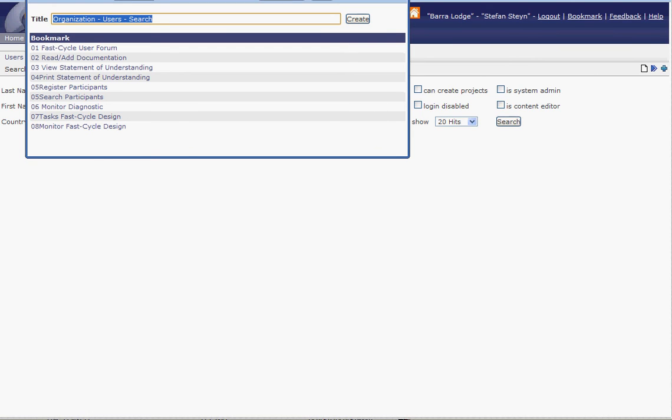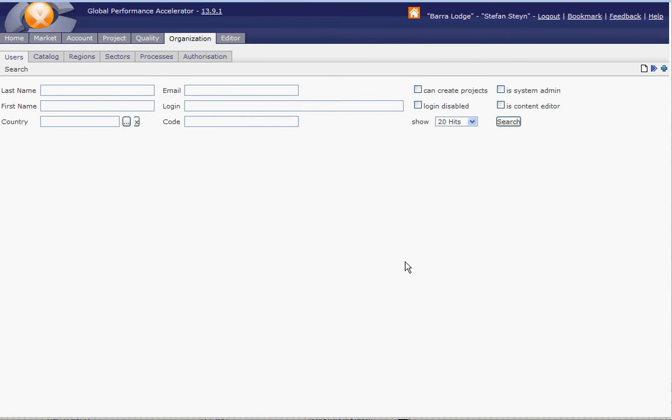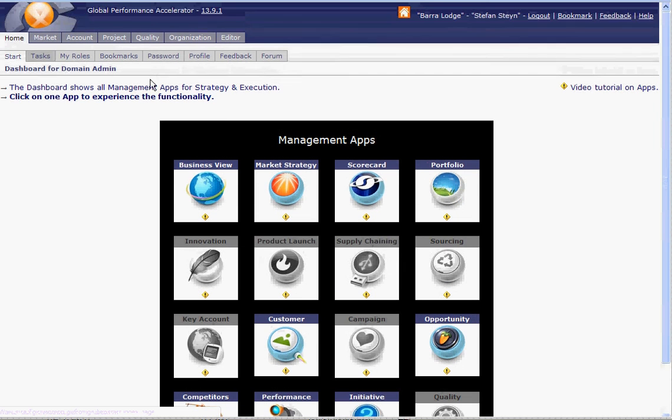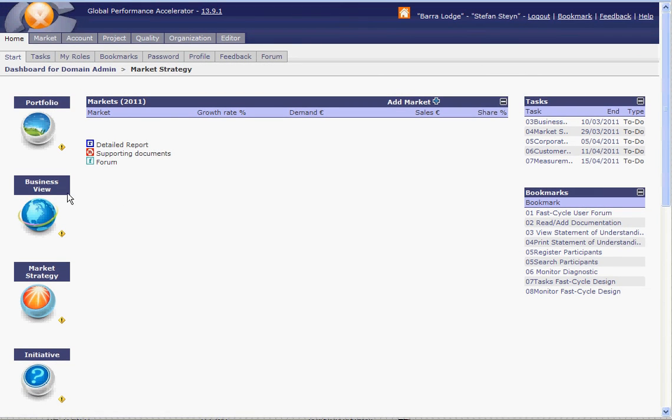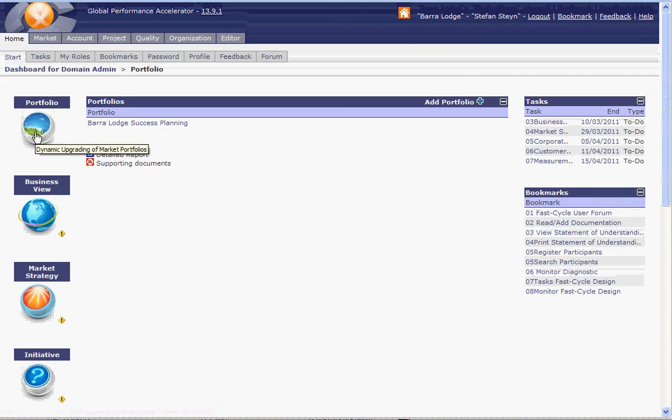This is how user managers create direct links to all the different users, and this makes it particularly easy to navigate through the system if the user is new, because he has direct access to the content of the different apps which consist out of the project.